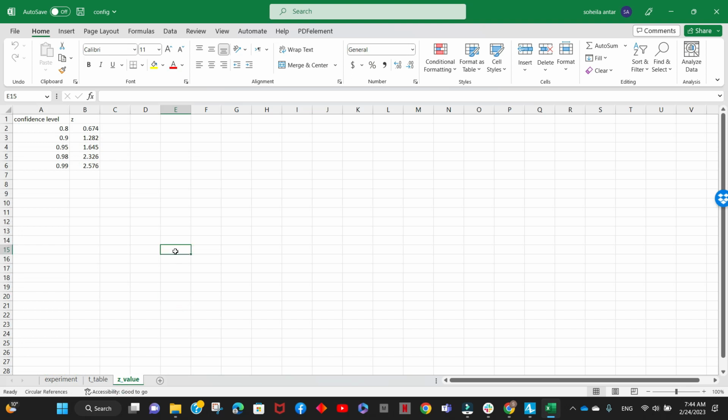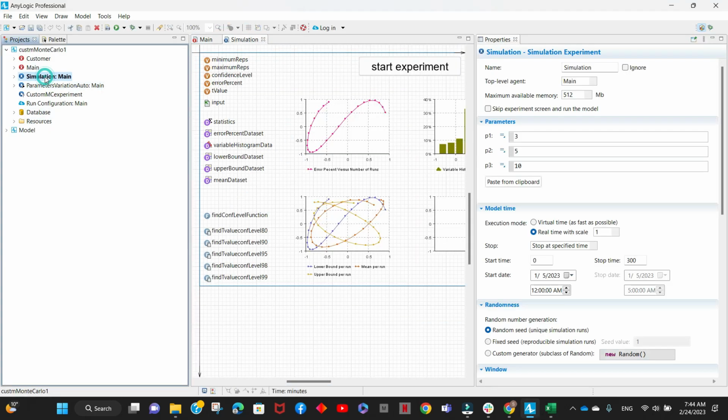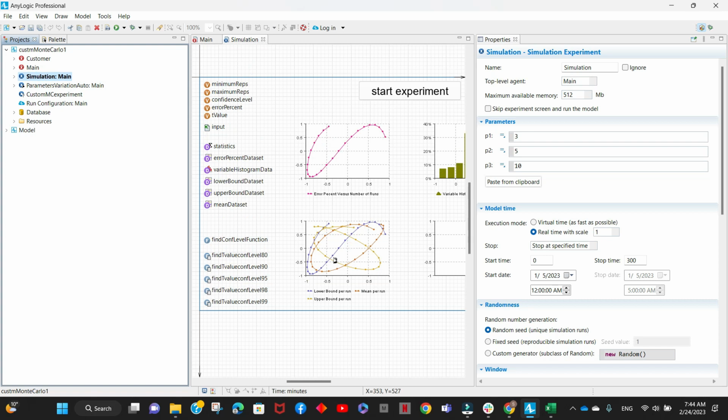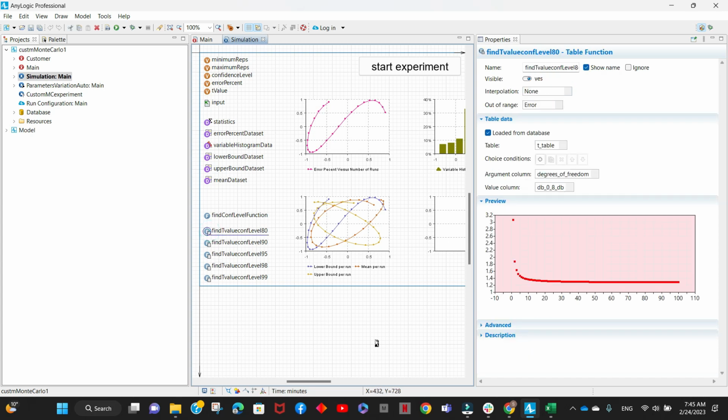The z-value is used for big sample size. So again, for more details about this issue, you can check the previous videos. So in the model, as we said, we are going to add everything related to the custom experiment in this simulation experiment window. So what we did regarding the t-value is that we entered each column of the table as